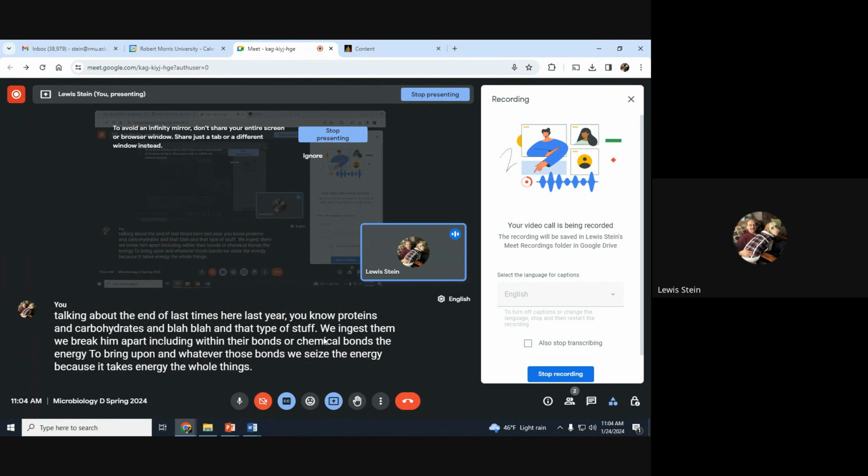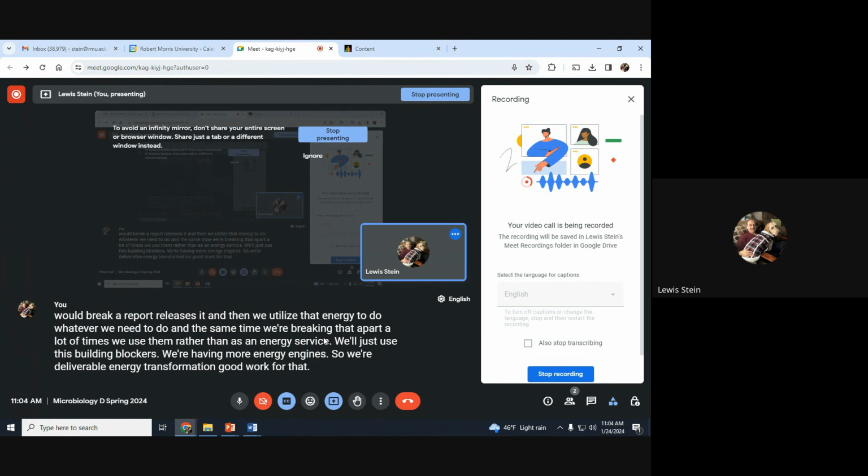Breaking them apart releases it, and then we utilize that energy to do whatever we need to do. A lot of times we use them rather than as an energy source, just as a building block, and if anything we're going to put more energy into the system. So we're doing what are called energy transformations. A good word for that,